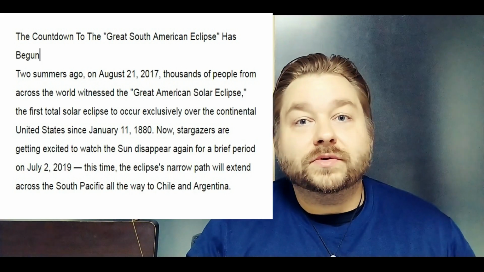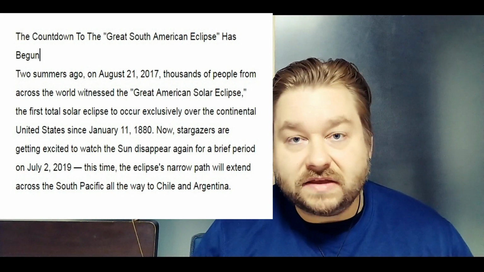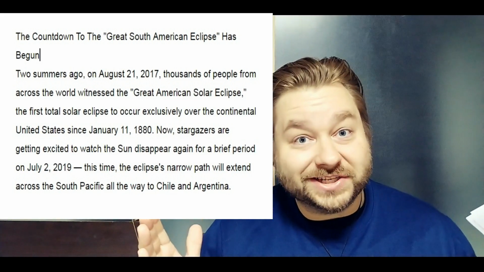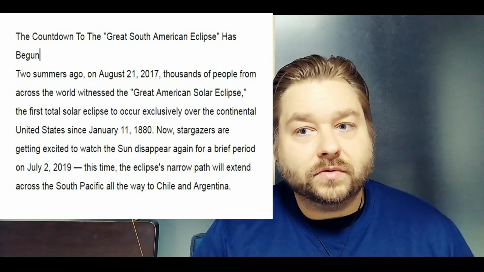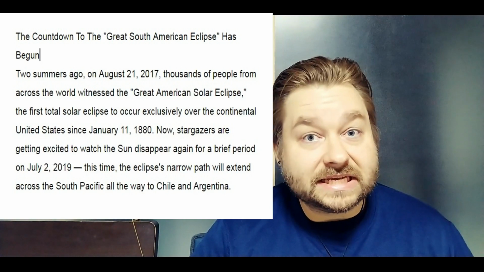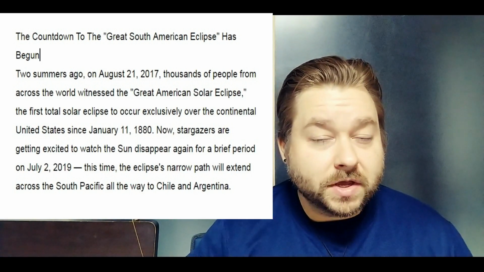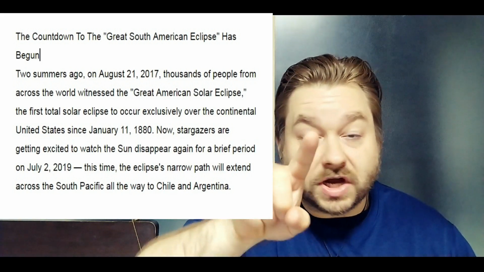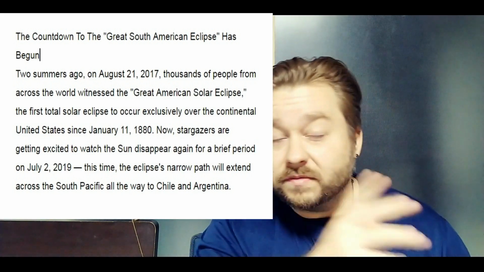So what do we do? We have to break this, even though it's grammatically correct as this really long sentence. We cannot just comfortably say this. So let's look at this again. There are breaks here. Two summers ago, there's a comma. Now remember from the